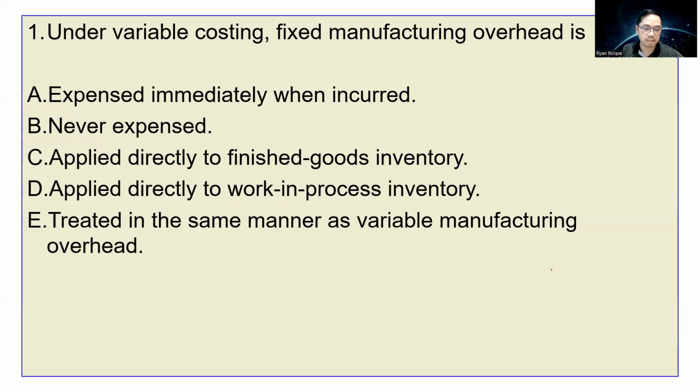So we have discussed so much about the variable costing method. So what do we do with the fixed overhead? This is expensed immediately when incurred. Because according to the variable costing method, again, whether you produce or not, you still have to pay for this or you still incur the fixed overhead. So therefore, it should be part of OPEX instead of part of the product cost. So expensed immediately. So that's A. But for absorption costing, this is only expensed when the units related to that are sold.